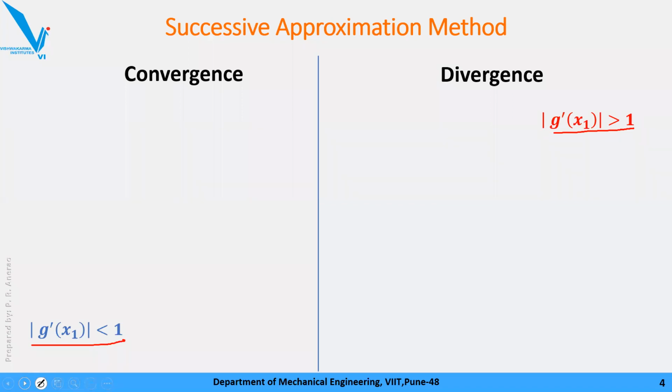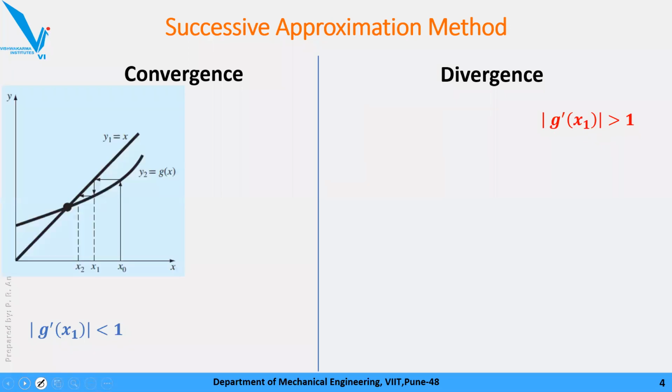So convergence and divergence are easy to understand. In addition to that, there is one more thing you need to understand when we go for SAM, and this is just additional information, so don't worry about it. Just look here. Generally there are two different types of convergence or divergence: spiral way or staircase way.